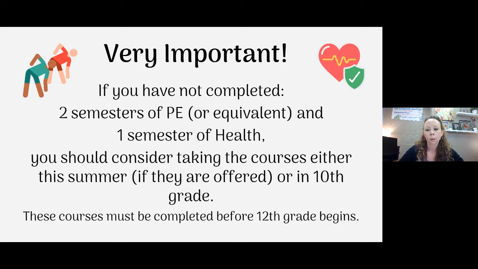All right, and how can a student know when they're looking at the course selection sheet whether a class is a 4.0 or a 5.0? So the 5.0s are going to have a designation of pre-AP, AP, or IB. If it doesn't have any of that, then it's going to most likely be a 4.0 class.